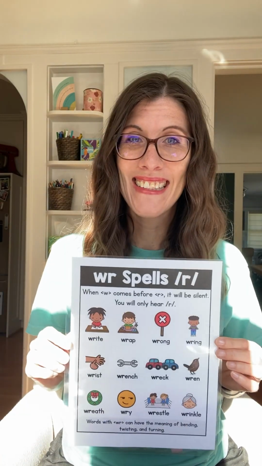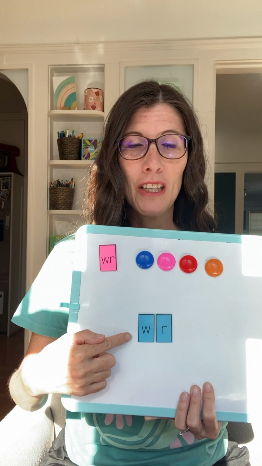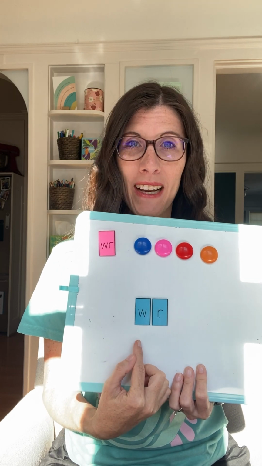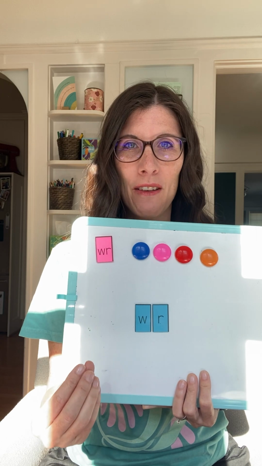Let's talk silent letters. So I teach these just like I would any other digraph. I explain that the letters W and R can represent their own sounds, but when they're right next to each other in this order, they together make the sound